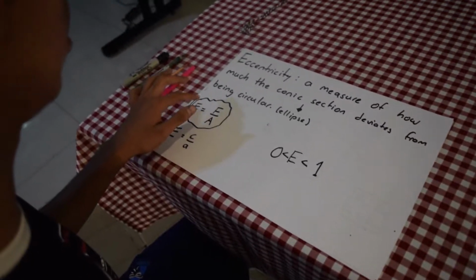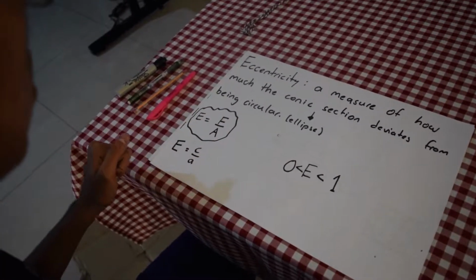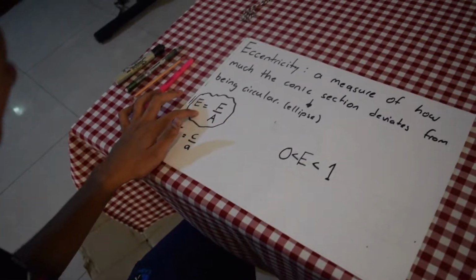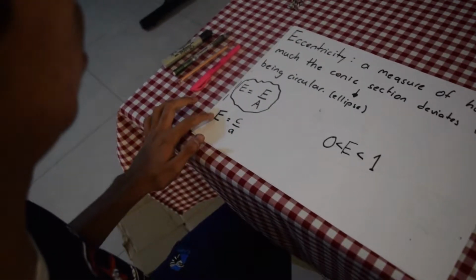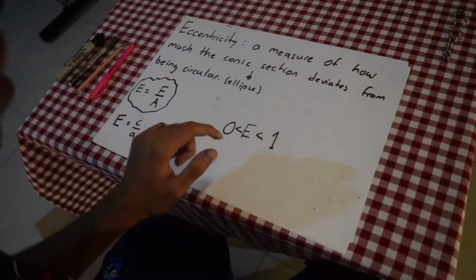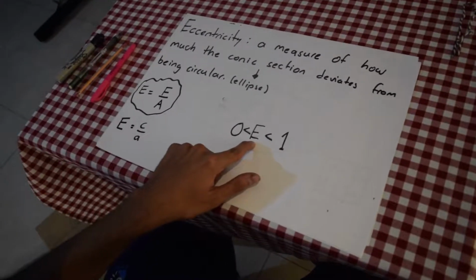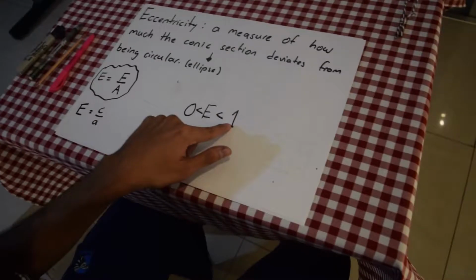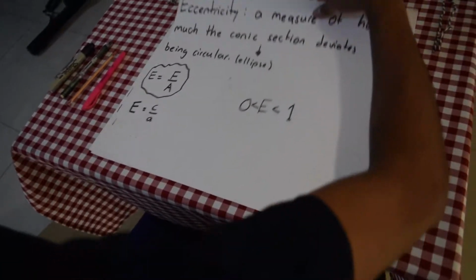One is E equals big F over big A, and the other, which is the one we'll be using, we have E equals C over A. Eccentricity is always going to be between 0 and 1. This is because,